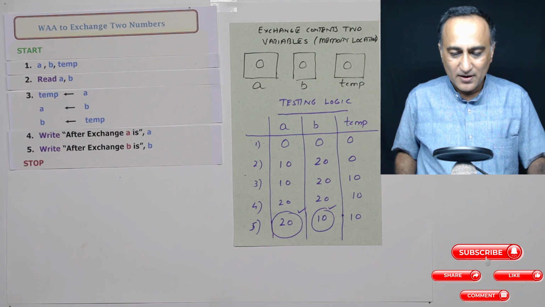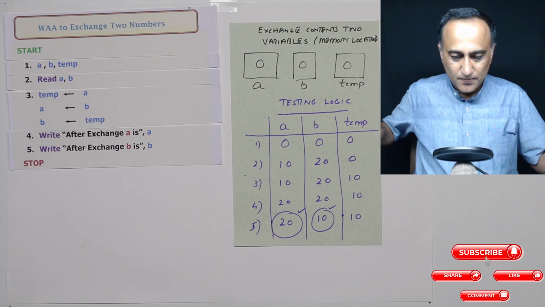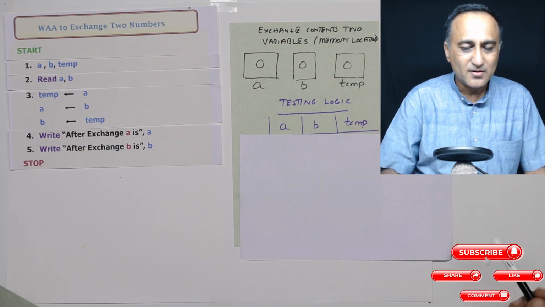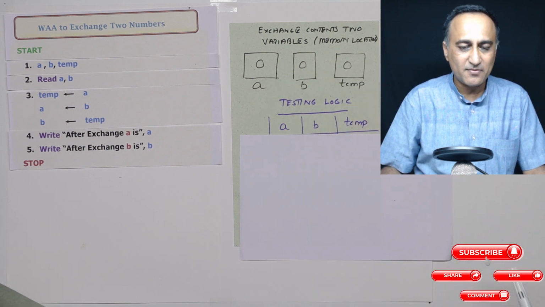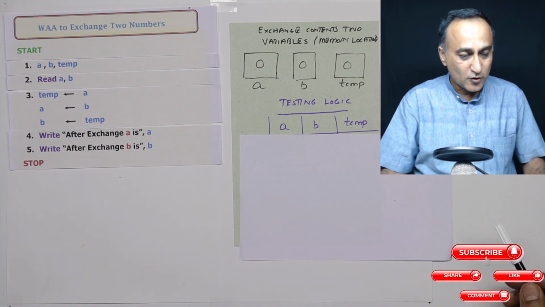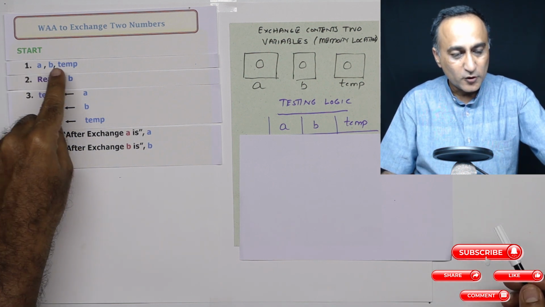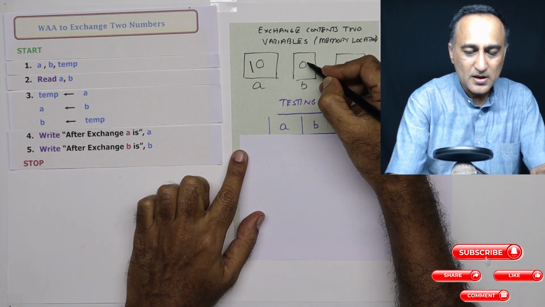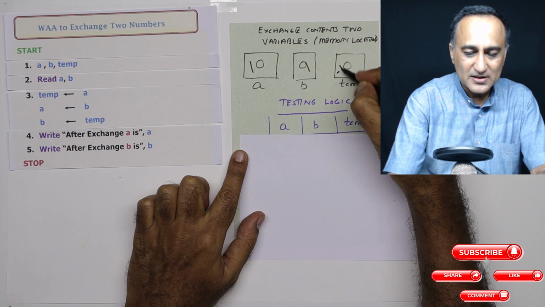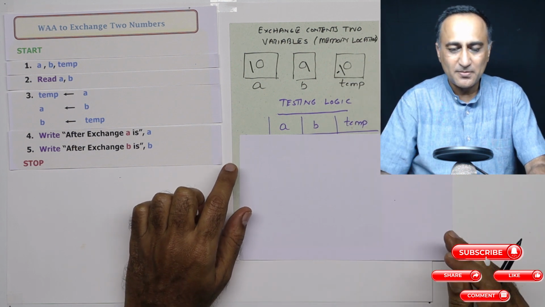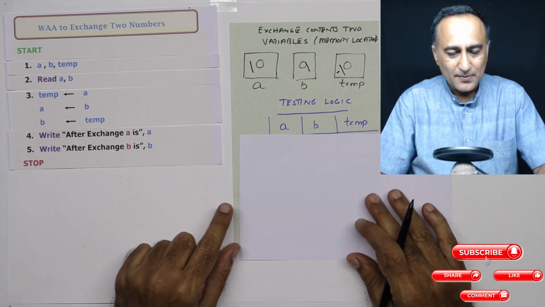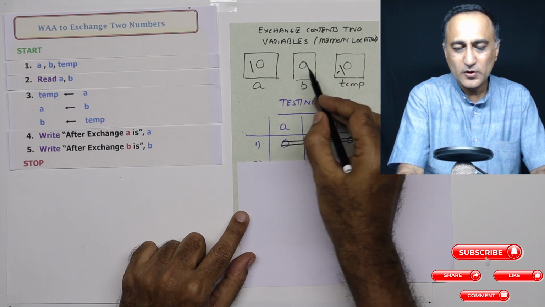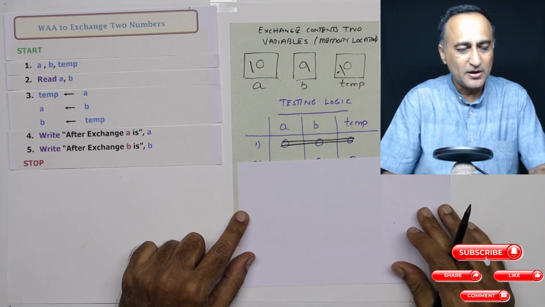So once you do a dry run, things will be pretty clear to you. Here, although I have not given the values of A, B and temp as 0, they'll contain some random values, not necessarily 0, because I have not taken the effort to give them any initial values. For example, this could be 10, this could be 9, this could be minus 10, anything. The computer just gives them some random or unpredictable values.